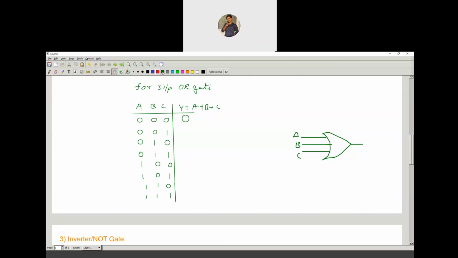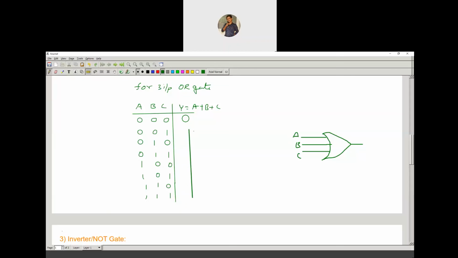So here, the output is going to be logic 0 whenever all inputs are zeros. In all remaining cases, the output is going to be logic 1. I'm using a single one, use a thick one.